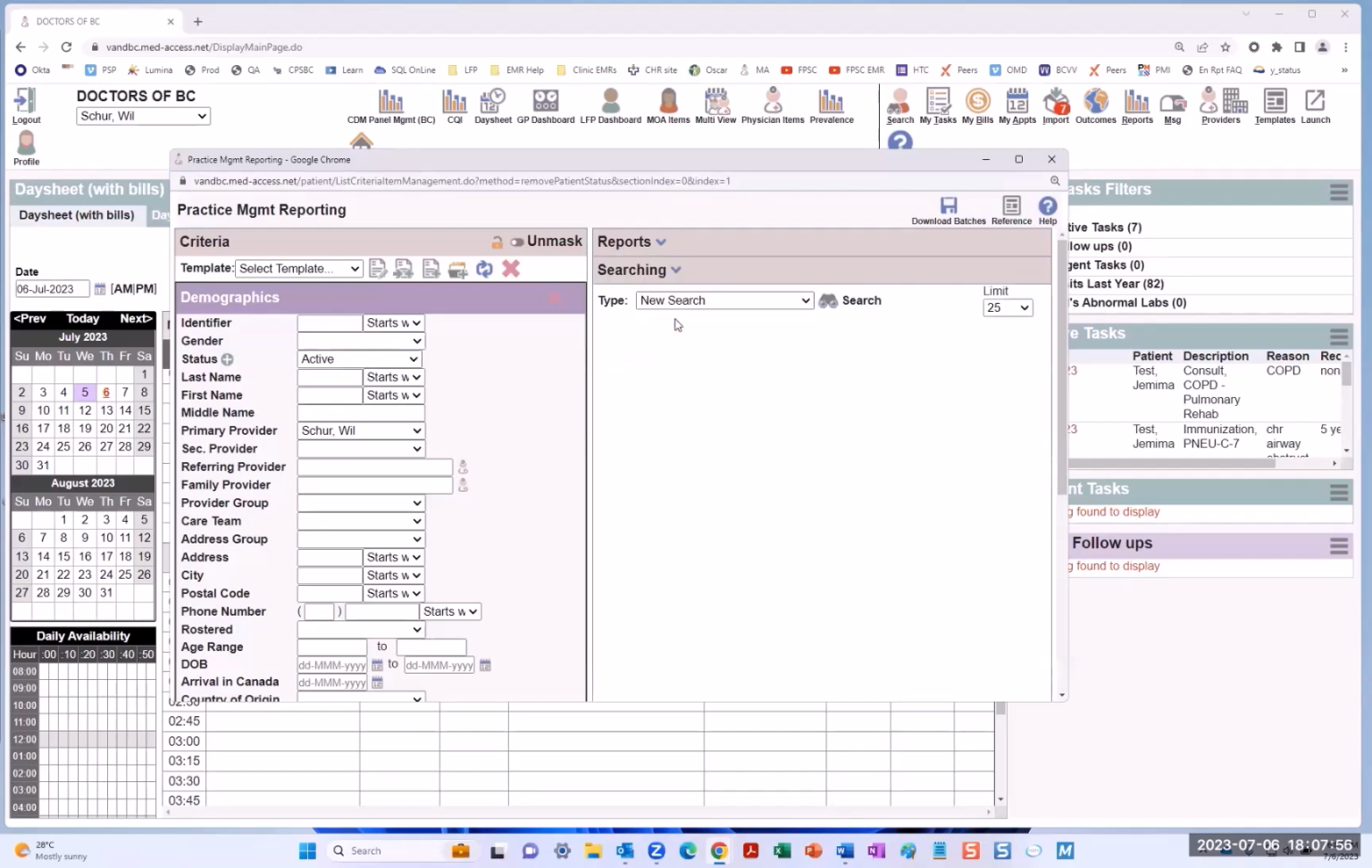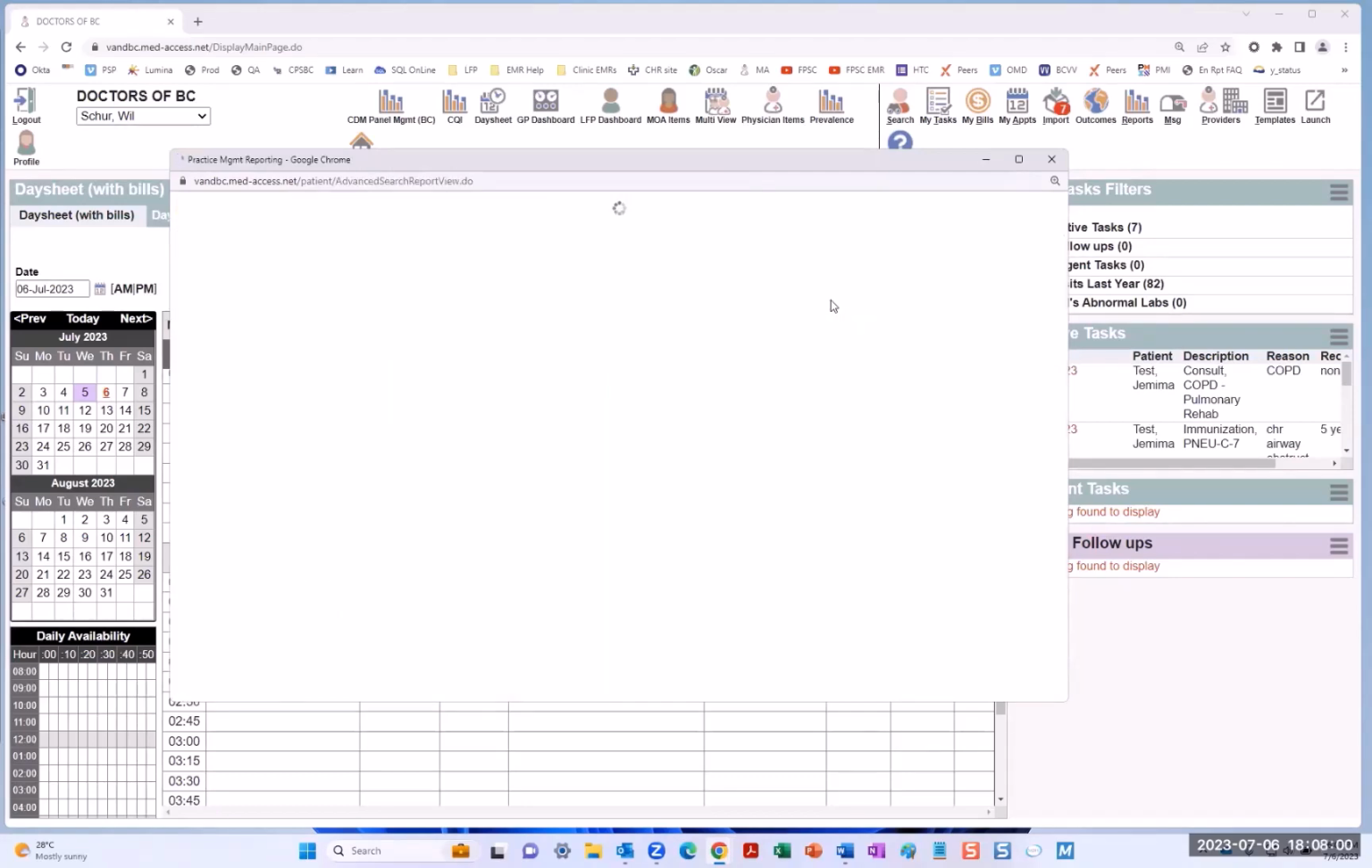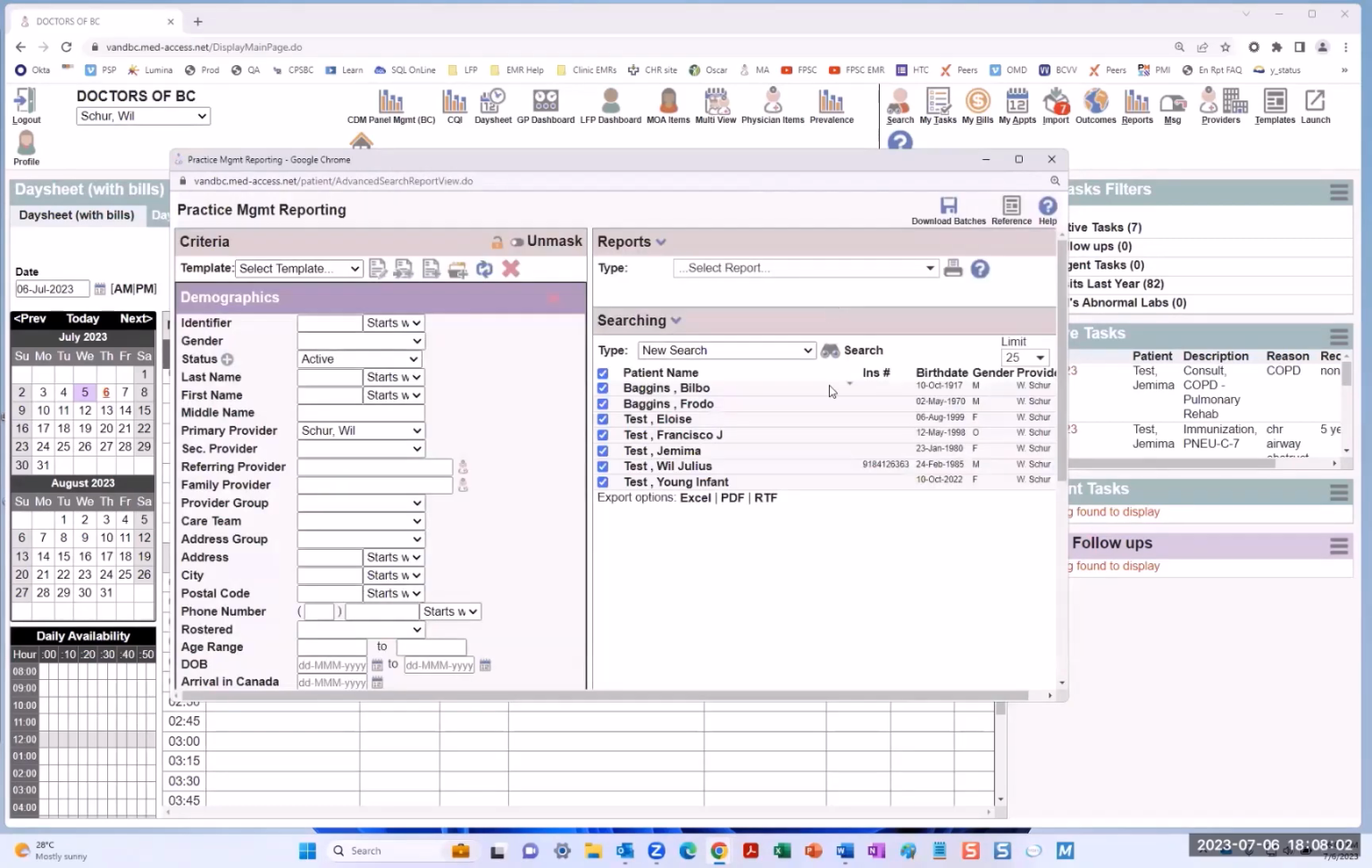So I'm going to click on the arrow to expand this section, and if I click search, you can see I have a ginormous panel. I've just got a few patients here. Obviously, your list will be considerably longer than this. Now, one thing it's worth doing at this point is to get a count of how many patients you have